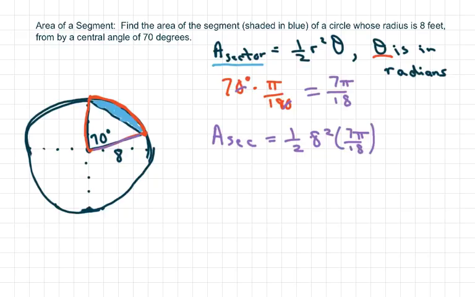So that gives me, and what are we in? We're in feet. So this gives us 112 pi over 9 feet. So that's the area of the sector. Now we're going to do the area of the triangle, and we know that is 1/2